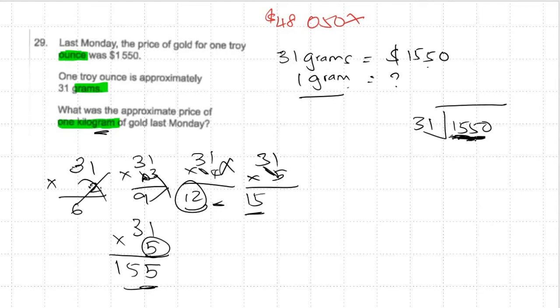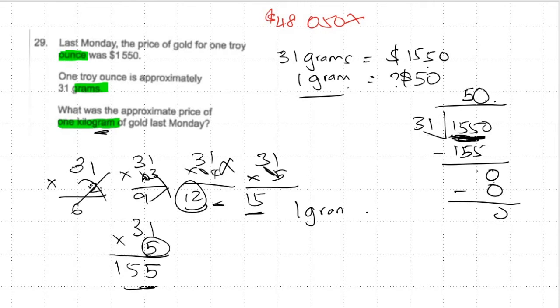Since I start with this number, because it's only until this digit I can, here I put 5. Minus 155, so here is 0. Here 0 divided by this is also 0. 0 times 31 is also 0. So you have this number. In this case, 1 gram costs $50. If 1 gram costs $50, when gram is converted to kilogram,